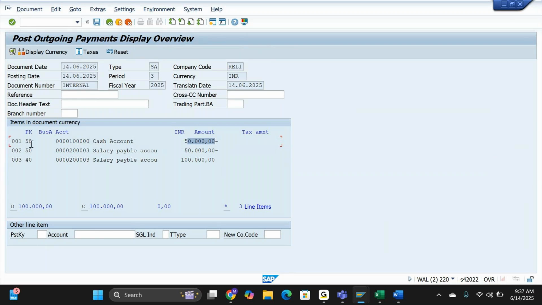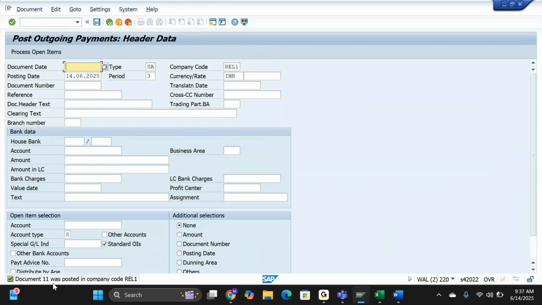You have to say this: by using the clearing document, the accounting document will create 3 line items. Whatever amount is going to be cleared will be created under cleared items, and the remaining amount to be adjusted is shown under open item. We have to create one more new line item for the payable. Now save it. So document 11 was posted in company code